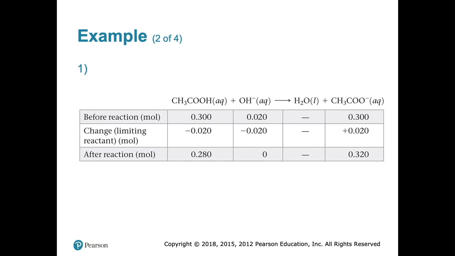So it's simple arithmetic now, okay? Simple arithmetic, this minus this gives you that, right? This minus this gives you 0. This plus this gets you that, right? And so now after the reaction, you have 0.28 for the acetic acid, and you have 0.32 for the acetate